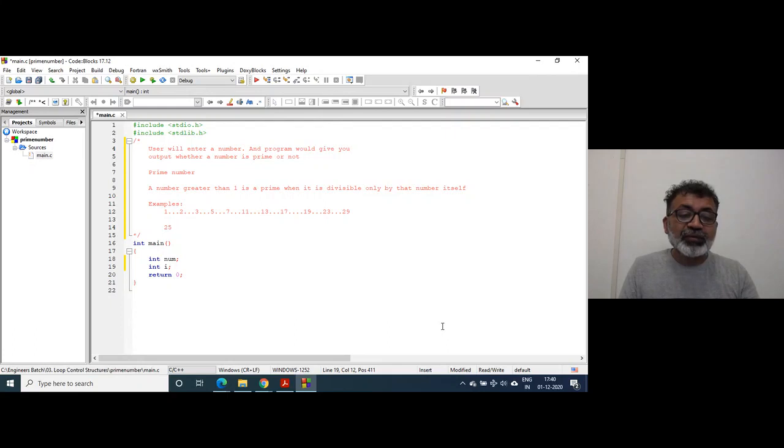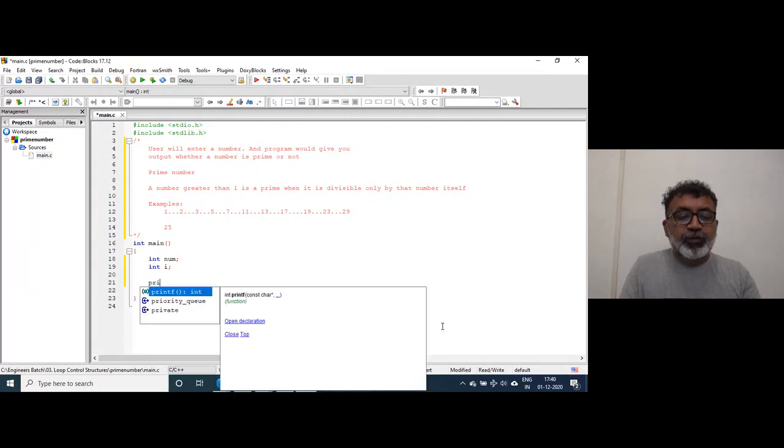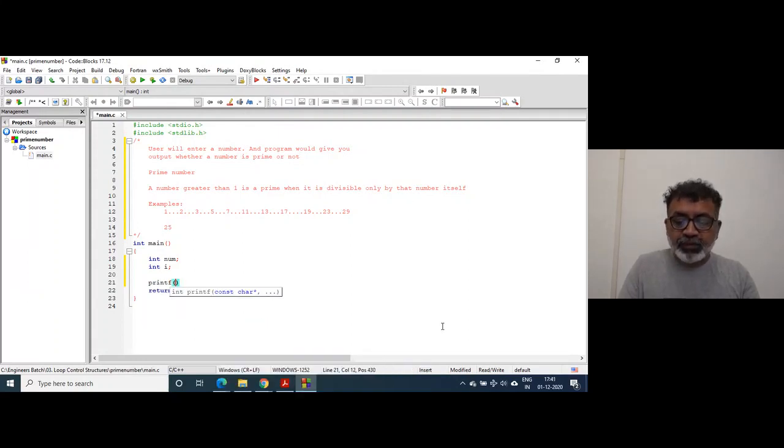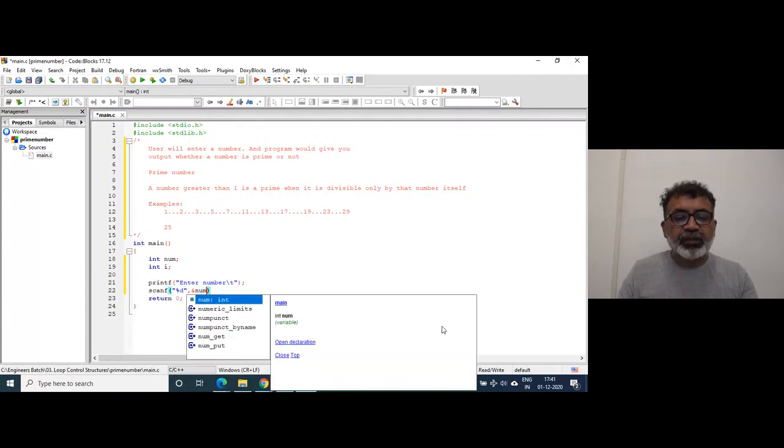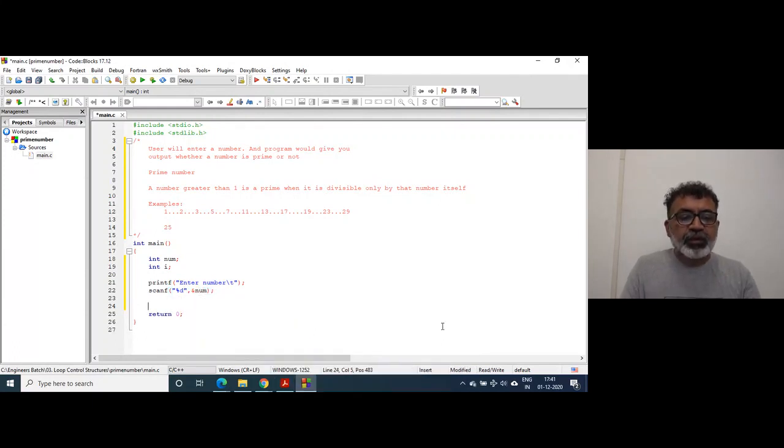Let's see how I can write the program. I'll prompt the user first: Enter number. I'll scan that number.